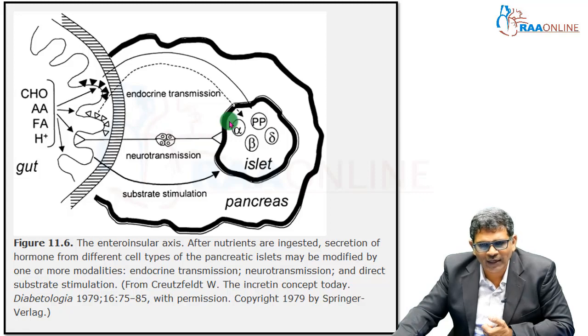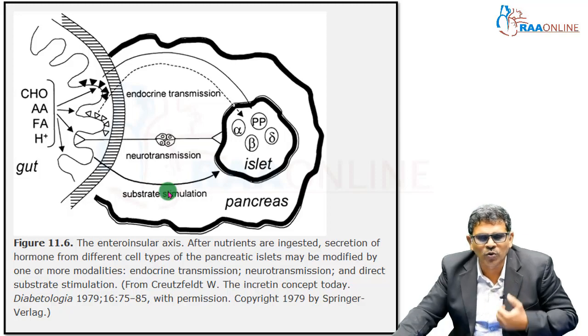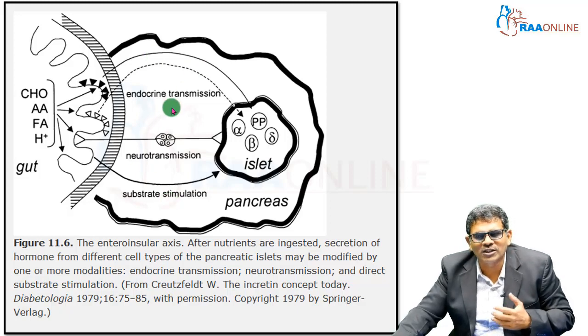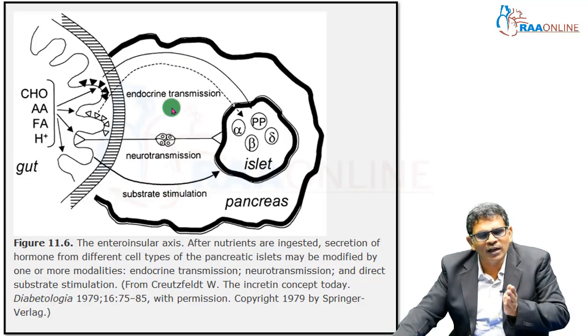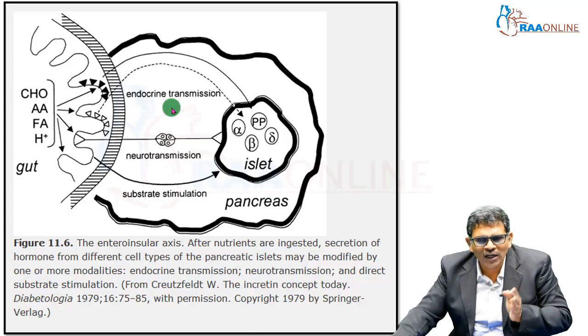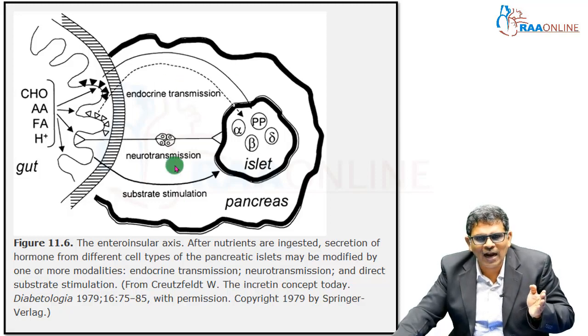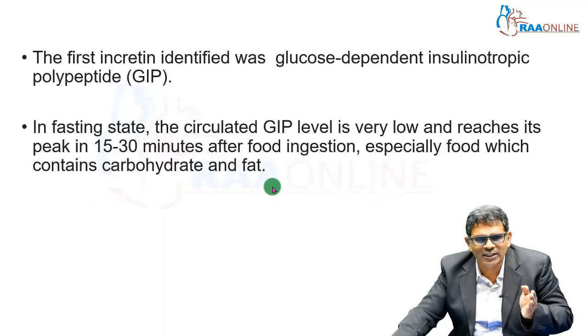It could be endocrine transmission, neurotransmission, or substrate stimulation in the gut that stimulates the effect. So it is not only through one mechanism; there could be other ways that cause this effect too. We learned this subsequently. So with this understanding of the incretin phenomenon, the effect getting dampened in type 2 diabetes, and other alternative ways in which it can be stimulated,